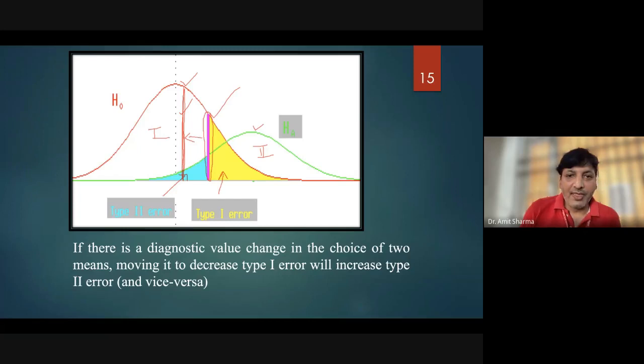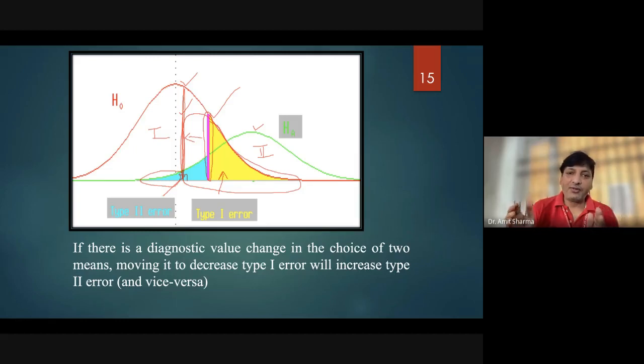So what has happened? The type 2 error is going to be reduced. That means now we have this much area for the type 2 error, but the area for the type 1 error has increased this much. It means that while conducting research, you can expect both types of error. One can be on the higher side and one can be on the lower side.